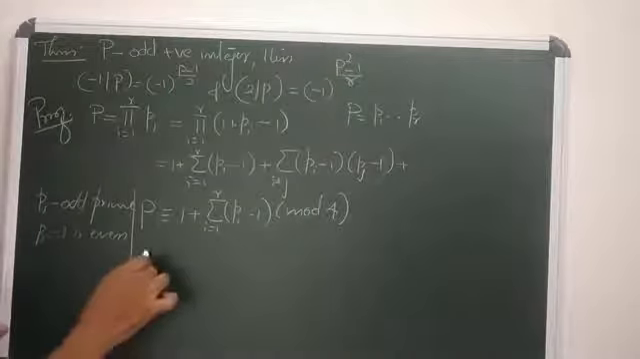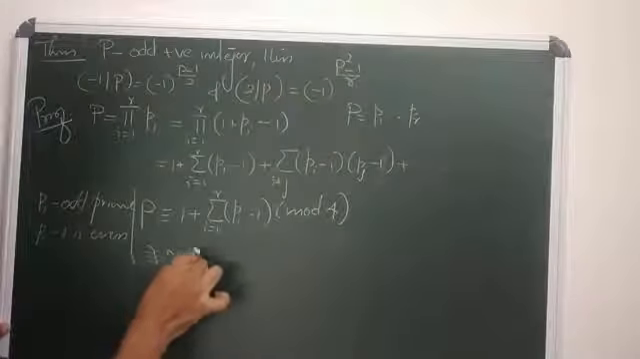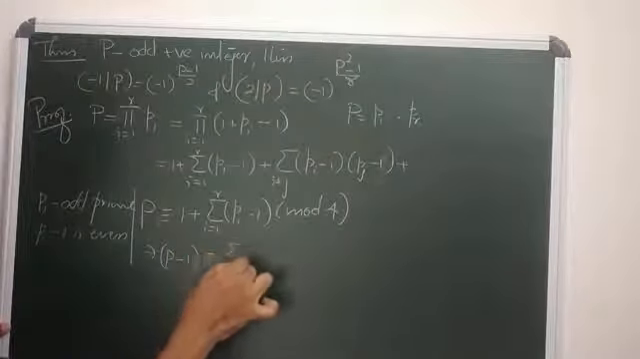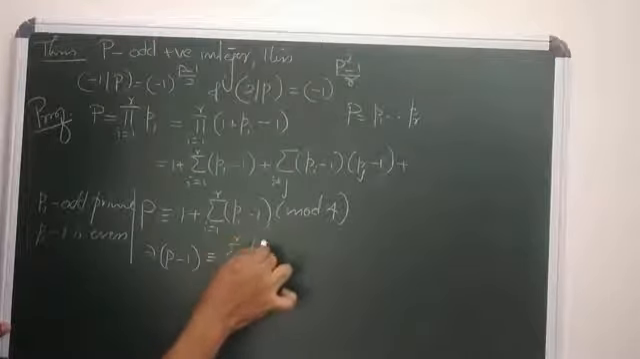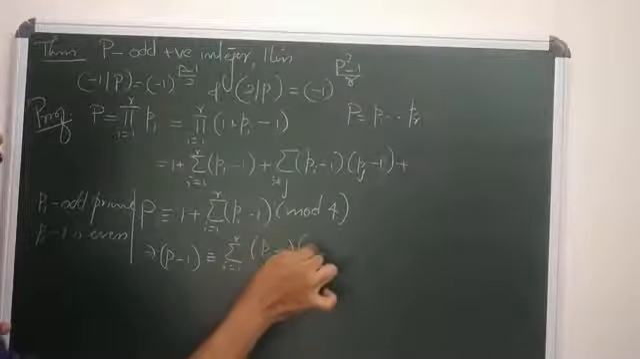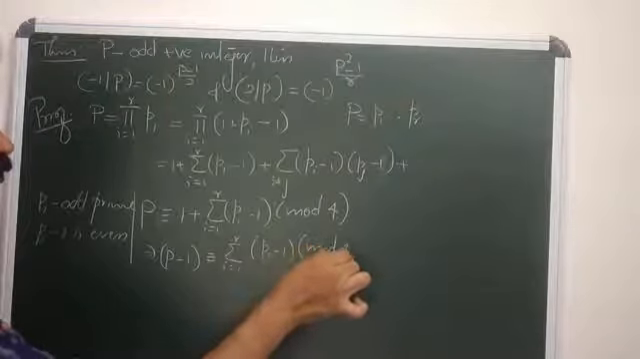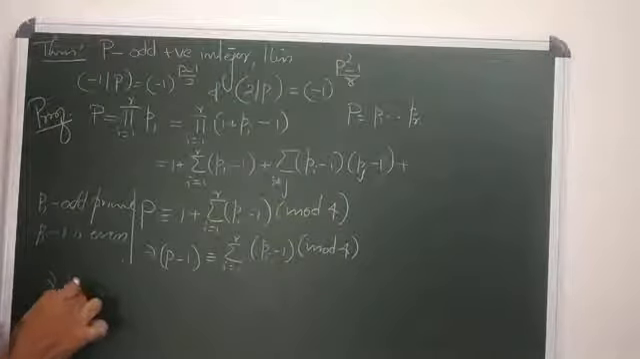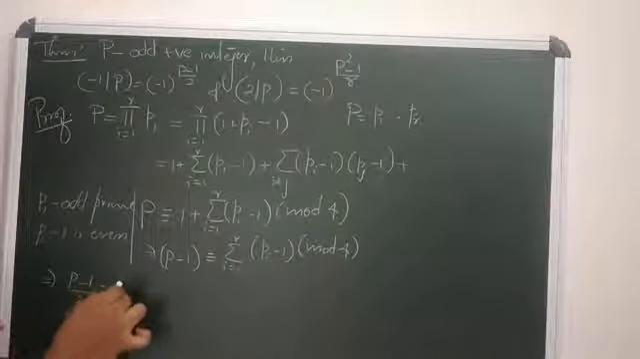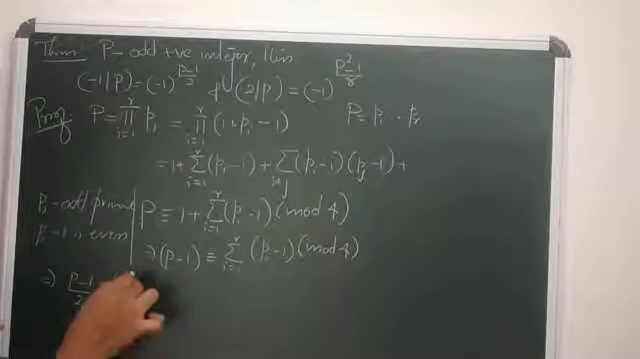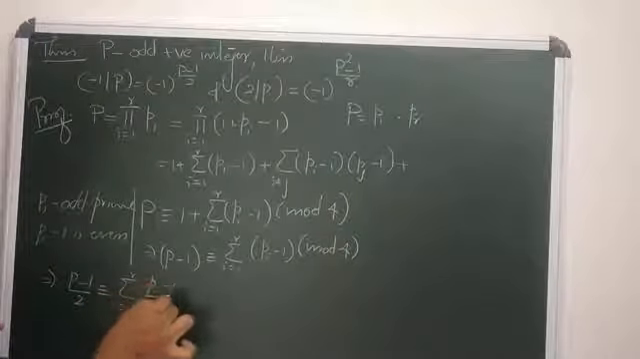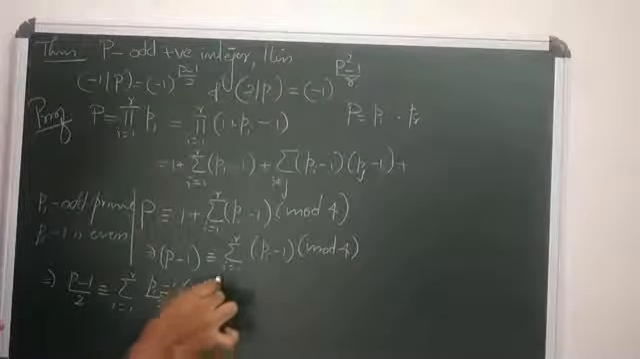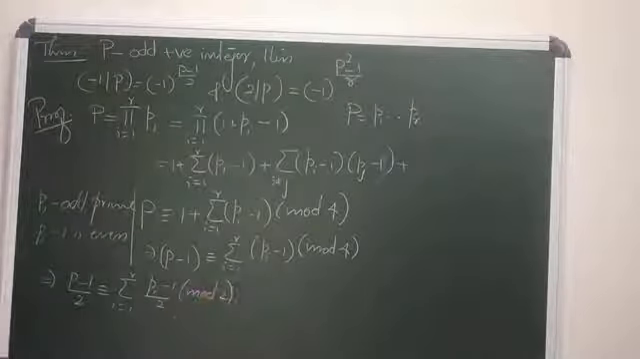Enough. So from here, p minus 1 is congruent to sigma i ranges from 1 to r of (p_i minus 1) mod 4. So that means (p minus 1)/2 is congruent to sigma i ranges from 1 to r of (p_i minus 1)/2 mod 2, because of the property of congruences. But